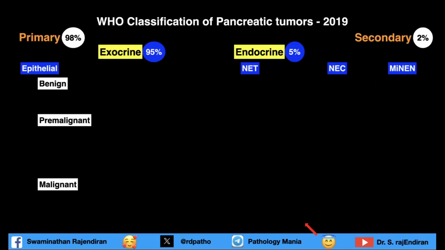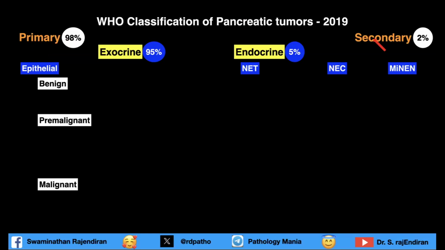Coming to the WHO classification of pancreatic tumors, we now have the 5th edition of the Blue Book, and that has come in 2019. According to that 2019 update, the pancreatic tumors are mainly divided into primary and secondary. These types are very important. Whenever you see a tumor in any organ, you have to say whether it is primary or secondary because the treatment